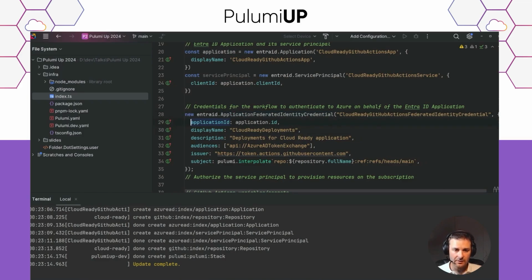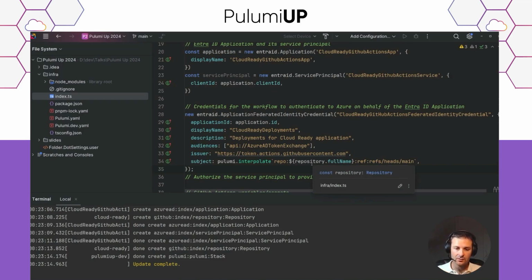There are different parameters: the application ID, so the app registration we just created before, the audience, the issuer, and the subject. What these parameters are telling is that we are doing an Azure ID token exchange, so exchanging a GitHub token against an Azure ID or Microsoft Entra ID token.